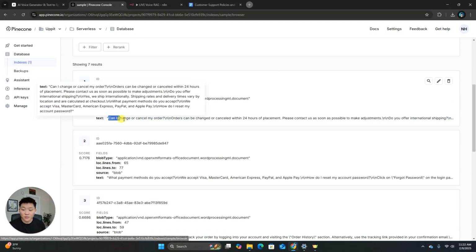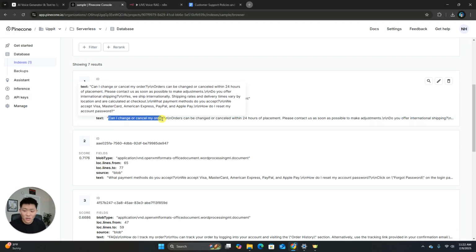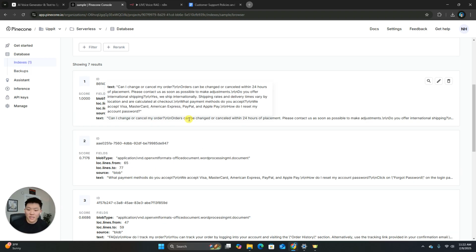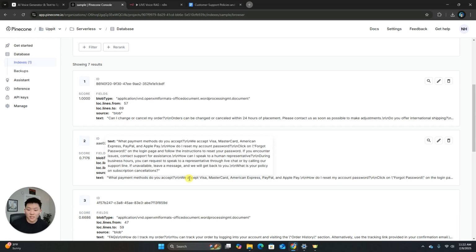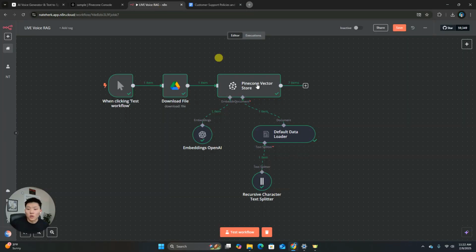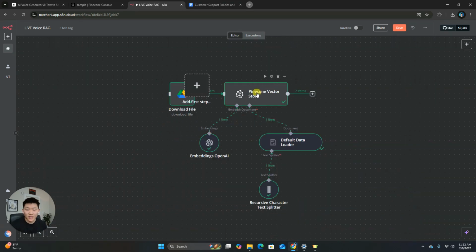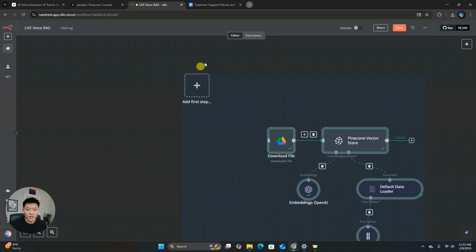The text of each, this first one is, can I change or cancel my order? Orders can be changed or canceled within 24 hours. Down here, we have what payment methods do you accept? So this is how it got chunked up and split up, as you can see. Cool, okay. So now that we have the stuff vectorized,